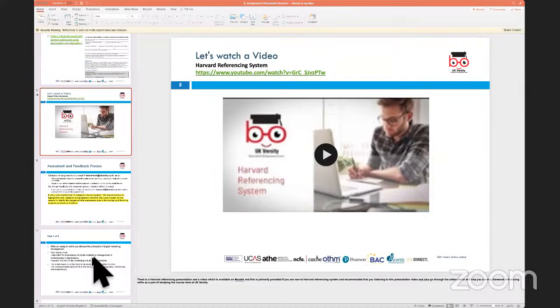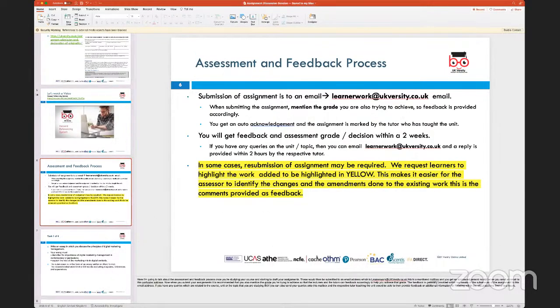Now, as always, as you know, if you submit the assignment and we do feel that there are areas in which there are issues regarding sufficiency, then what we will normally do is give you some comments, and these comments would essentially allow you to address the shortfall areas. When you address these comments and shortfall areas, what you're then looking at doing is primarily highlighting the content that you've added as per the comments in what is called yellow, and that makes it easier for us to reassess your work and turn it around quite quickly.